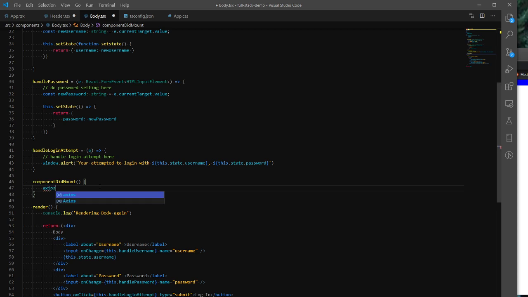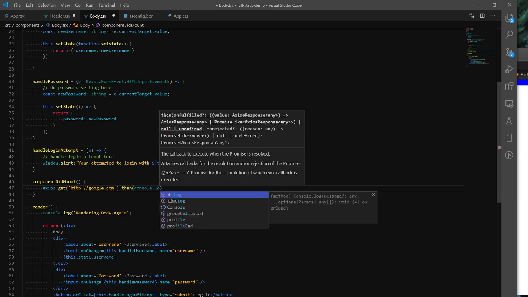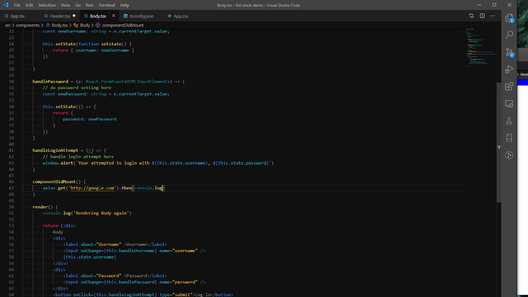So what we're going to do here is use Axios to do axios.get. We're going to do a popular website called google.com, if you guys have heard of that, and then do a log to it. By the way, this is using something called a promise. What a promise is has to do with JavaScript's internal